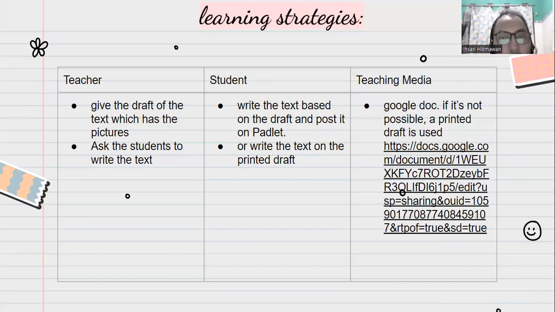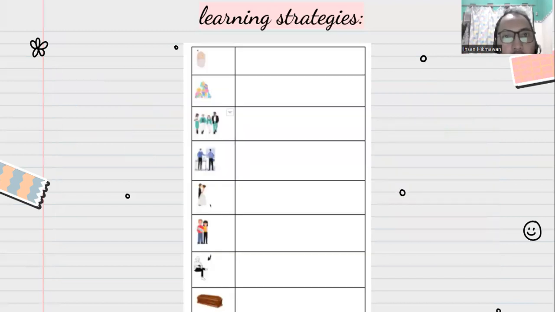Or maybe if it's not possible, they will write the text on a printed draft. So the teacher will provide the printed draft and distribute it to the students, and then they write there. Okay, so here are examples of the worksheet, the draft with the pictures. Okay, and after that,